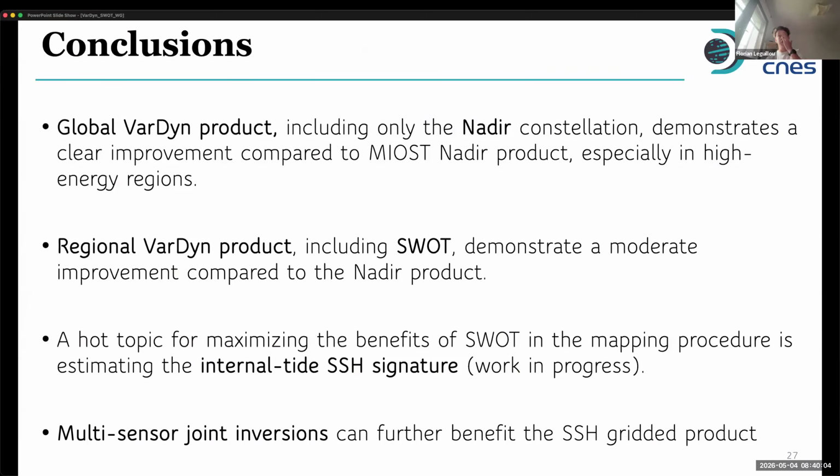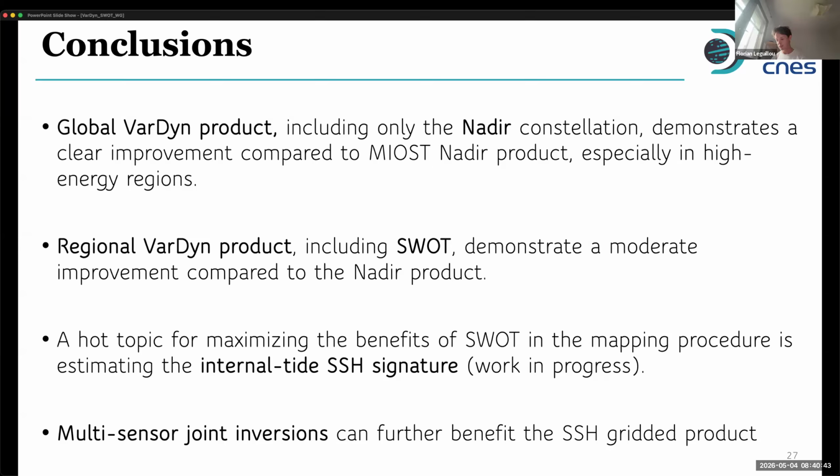So these are the conclusions. I've shown the global VarDyn product using the Nigeria constellation, which shows a clear improvement of the performances compared to MIOT, especially in the western boundary currents. Now, the global VarDyn product using SWOT demonstrates a moderate improvement compared to the Nigeria product. It's still good, but it's moderate. And we think that one way to improve that is to focus on the internal tide mapping. So I just showed some studies we've done